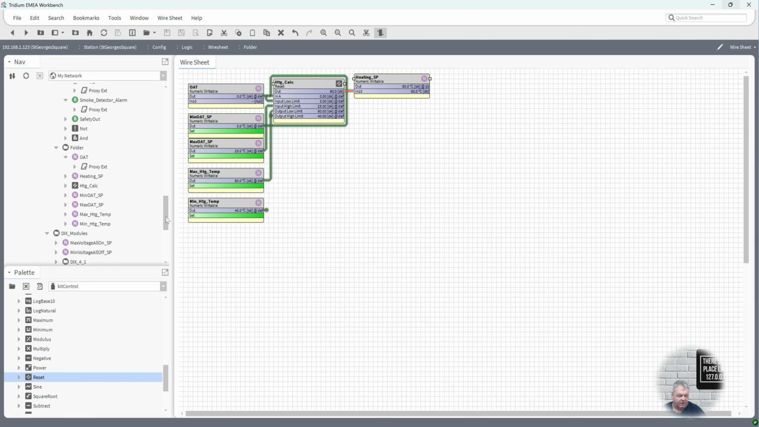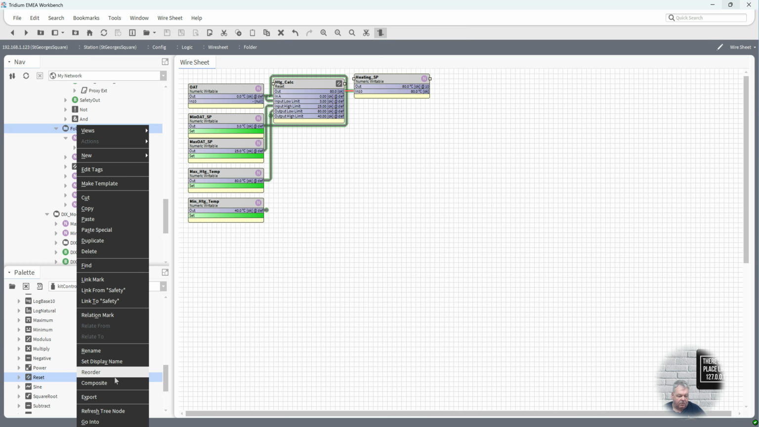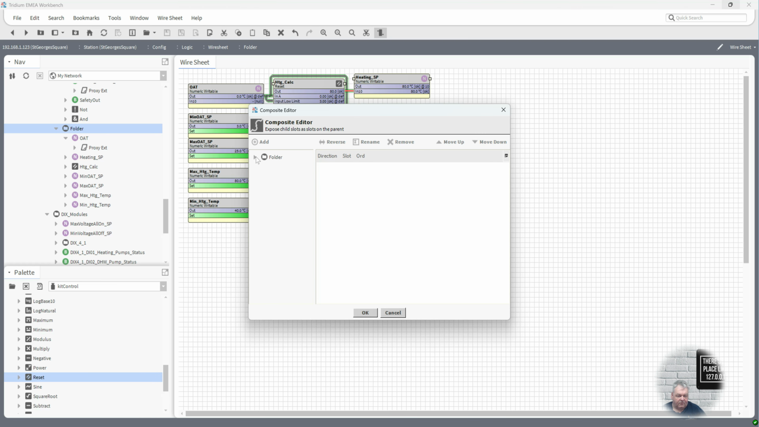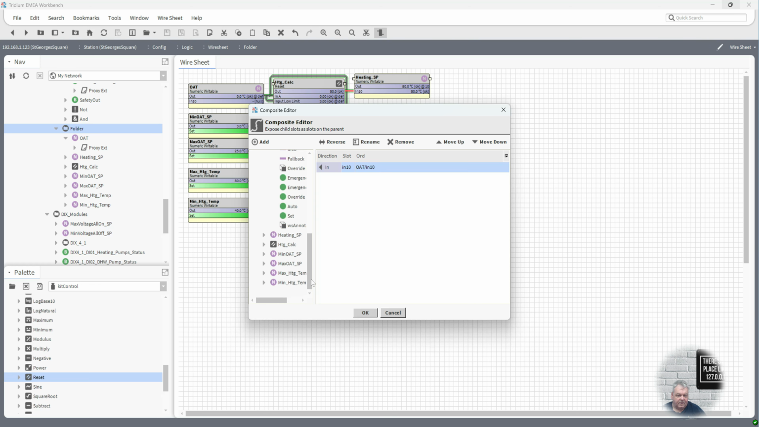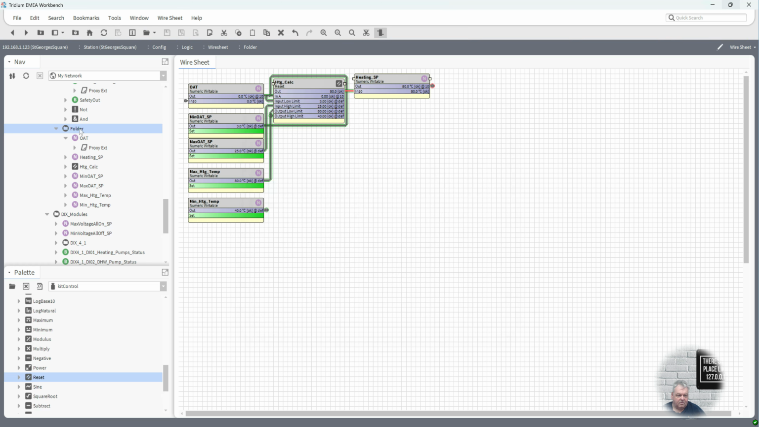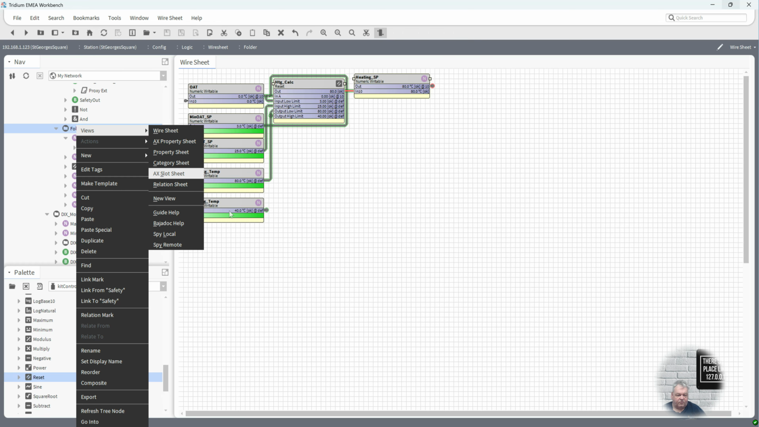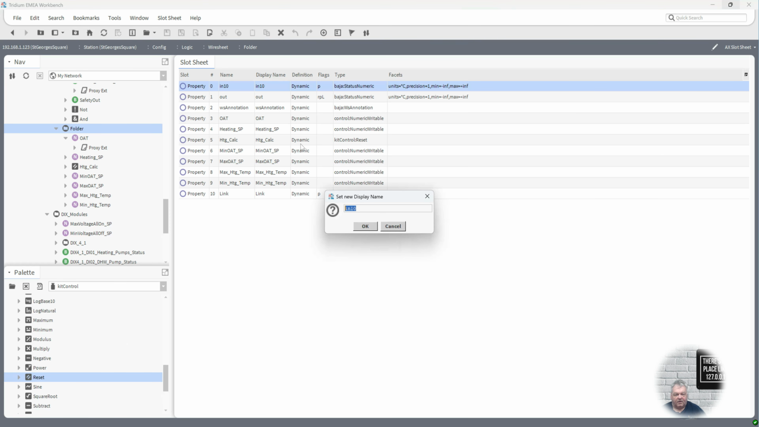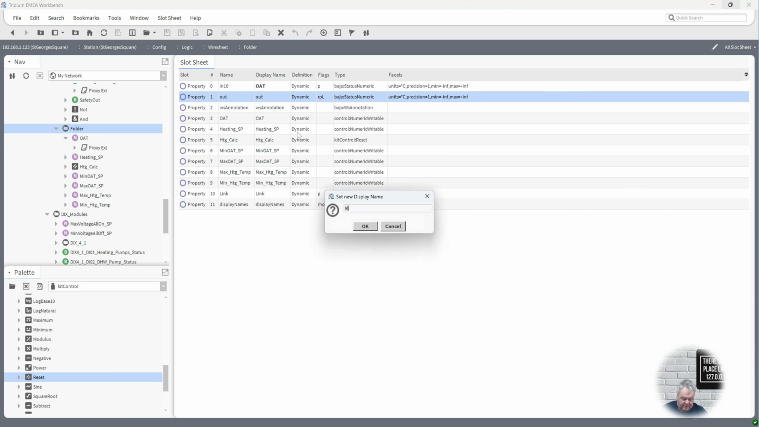So let's composite that. Reorder, composite, outside air temperature in, and coming out our heating set point. And that's all we need to do there. Views, AX slot sheet, outside air, don't worry about that, heating, set point,